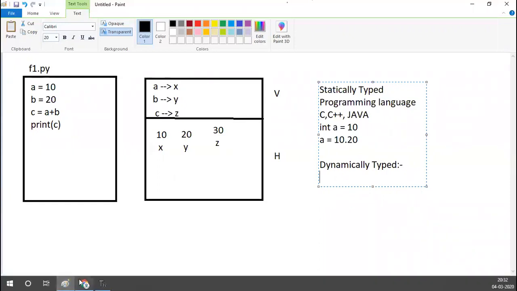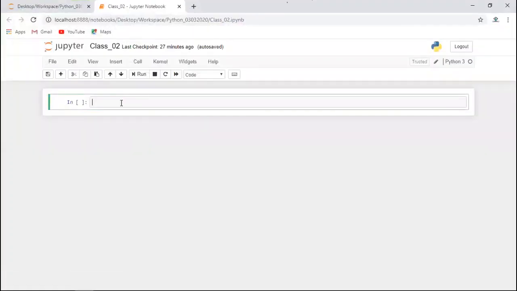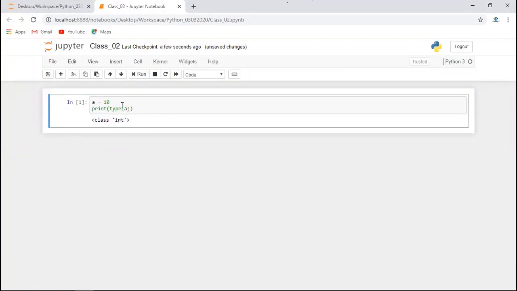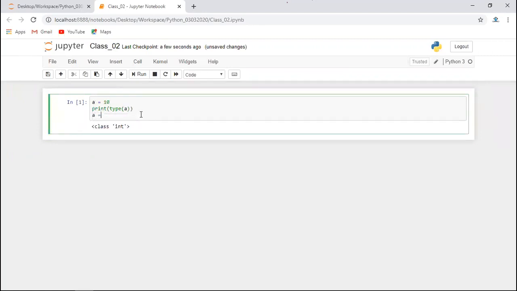For example, let's say I'm writing a is equal to 10. Now I'm checking the type of a, print type of a. If you run this, it will give you integer type, because you have allocated an int value to this. Next line, if you write a is equal to 10.20, in other programming languages this will give you an error because in advance you have fixed the data type for this variable a.